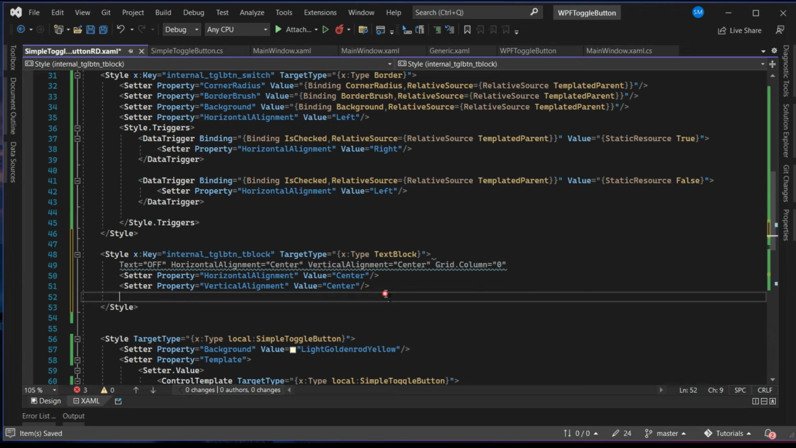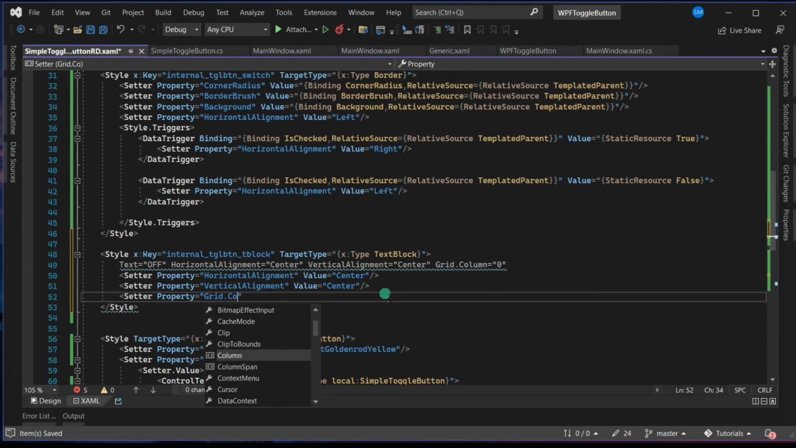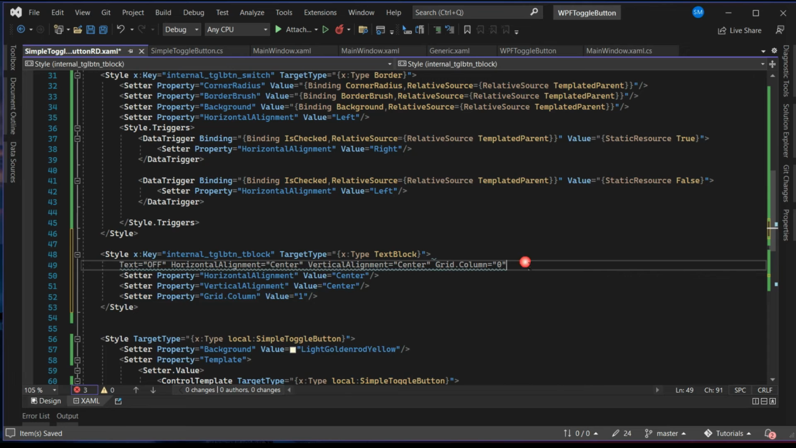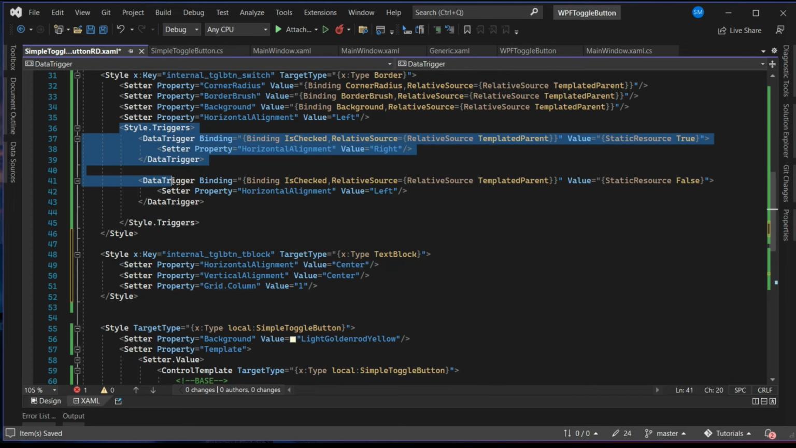to change. By default, set a property Grid.Column, value is 0, so it's always going to be on your Grid.Column value should be on the 1. Because by default your switch will be on the left side and the value will be on the right side. Now based upon the properties, the data trigger, whether it is checked or not,